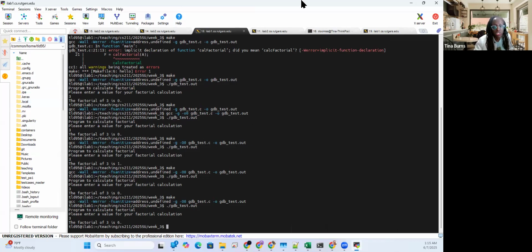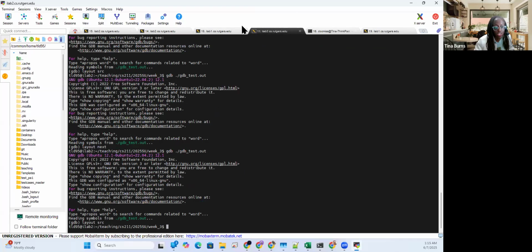All right, so that's just a basic overview of how we can use GDB to help us a little bit more with our troubleshooting. And you'll find it very useful as we go into assembly code. Actually, we can take a look at a portion of that now, because why not? So assembly code, you guys know, is this interim language between your high-level programming language and machine code. So if we wanted to easily see the assembly language, we can look at that here